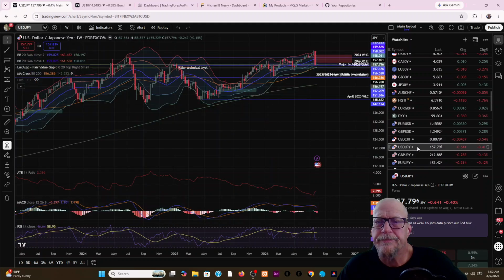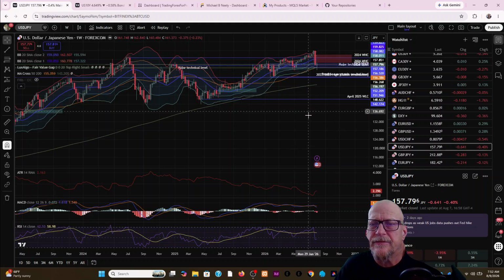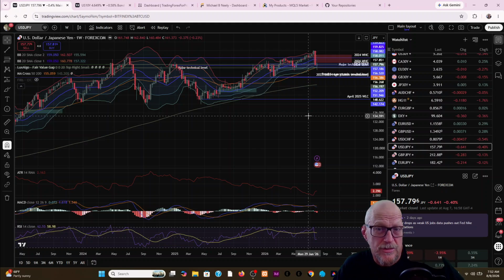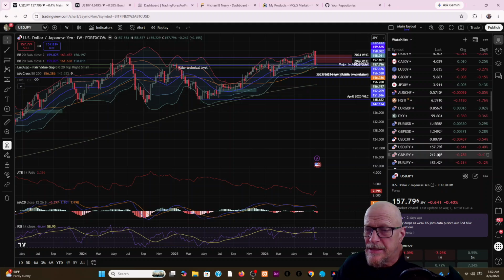Not really going anywhere. Dollar versus the yen. Very interesting case here for 158 being a good entry price for the dollar versus the yen. That is a solid rejection candle for the week, a bullish rejection, reversal candle actually. So I would consider coming in at 158. I'll probably try that again, 158.10, somewhere around in there.